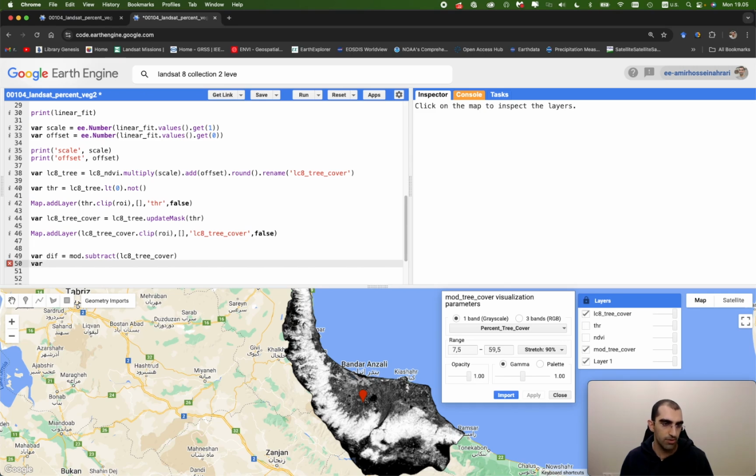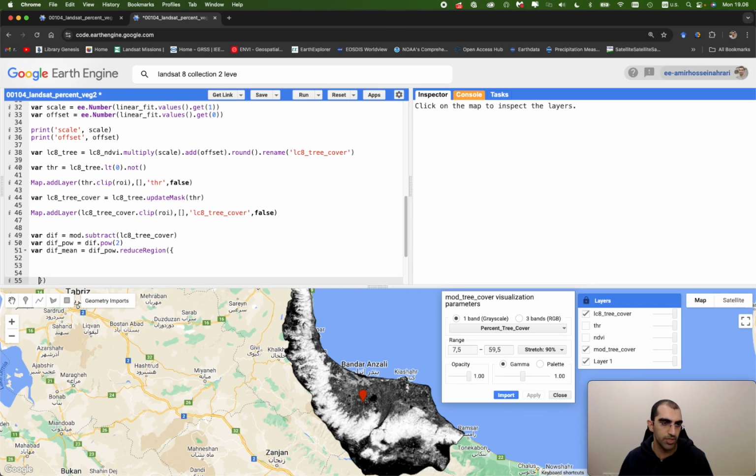Here we want to get the difference image raised to the power 2, just like that, and then we want to calculate its average for the region of interest. The difference mean equals the difference power image reduced by reduceRegion: get the previous image through reduceRegion and calculate its average for the region of interest, using the Earth Engine reducer mean. As you can see here, the scale value equals